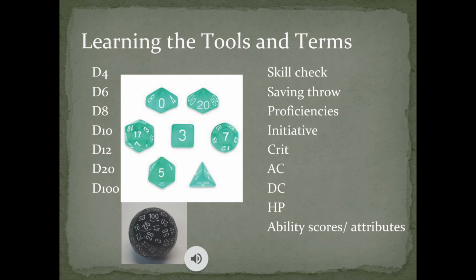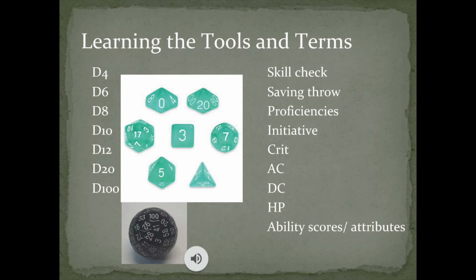A saving throw is a defensive roll that your character will make when something bad is about to happen to them beyond a standard attack. So if you're trying to dodge out of the way of falling rocks or trying to mitigate the effects of a poison, these will be saving throws.